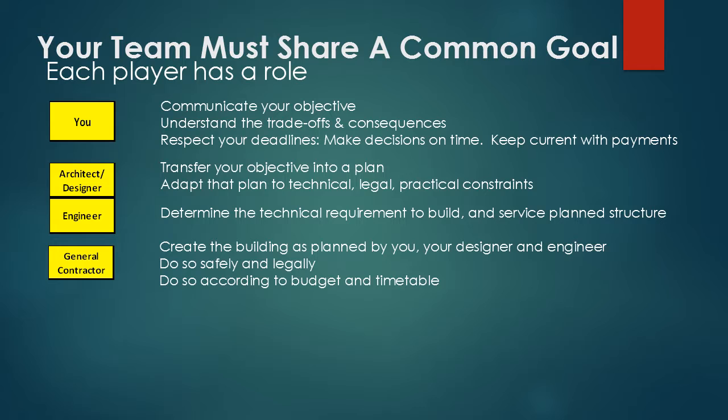Next in our chart is your builder or general contractor. When you engage a general contractor, that company will coordinate all the activities involved with turning the drawings from your architect into the building you envision. Over and above that, they need to manage some complex regulatory demands for staying on the right side of the law. They need to do all of that according to a schedule and a budget that you both must agree to in advance of work proceeding.